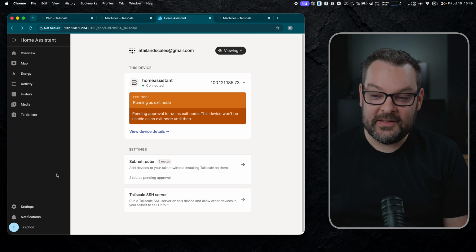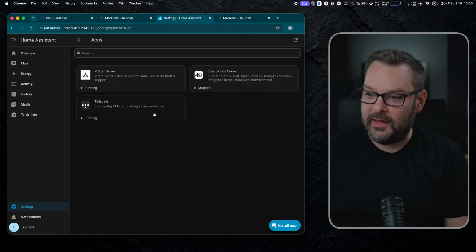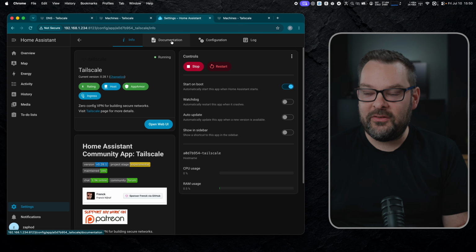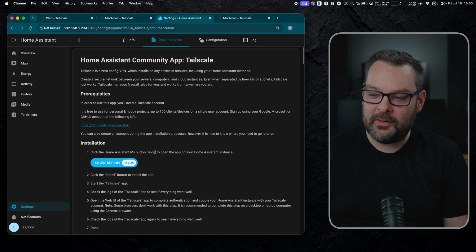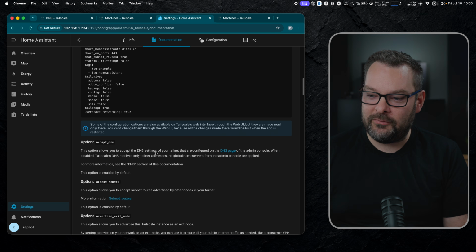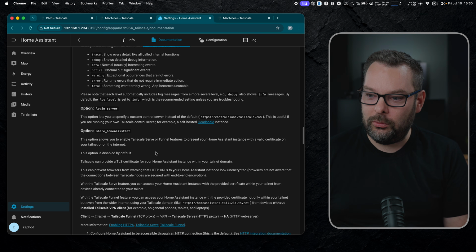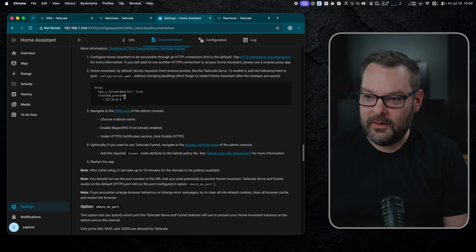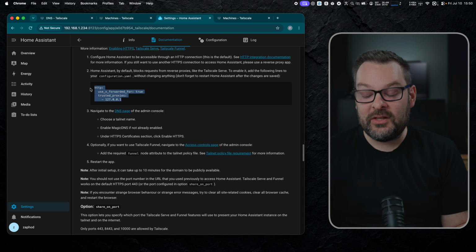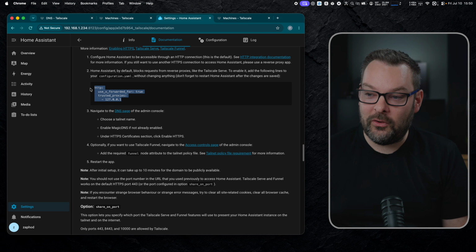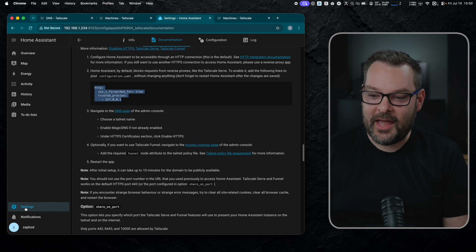Head on back to settings and then apps and then Tailscale, and then head on into the documentation section right here. We're going to need to go and copy something into our configuration file a little further on. So let's just scroll all the way down this page and look for these 4 lines right here. We're going to need to copy this into our Home Assistant configuration.yaml file, and we access that by going to